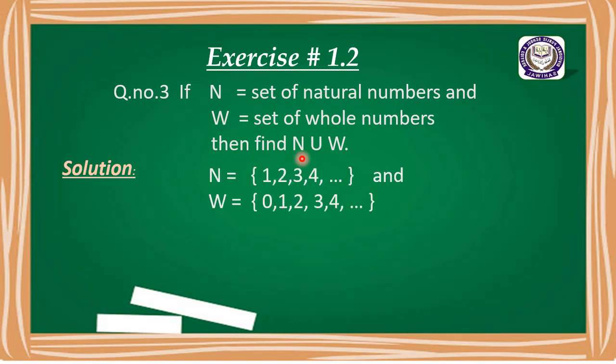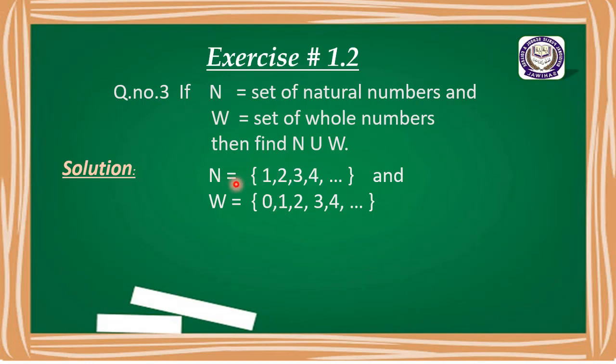सबसे पहले बच्चों आपको तो पता है नेचुरल नंबर्स क्या होते हैं, जबकि हमारे पास स्टार्टिंग फ्रॉम 1. नेचुरल नंबर इज अ सेट व्हिच कंसिस्ट ऑफ स्टार्टिंग नंबर 1, 2, 3. नेचुरल नंबर और काउंटिंग नंबर हमारे पास 1 से स्टार्ट होते हैं, तो ये हमारे पास सेट ऑफ नेचुरल नंबर, सेट ऑफ ऑल natural numbers. And W is a set which contains 0 and the counting numbers, and we get the set of whole numbers.